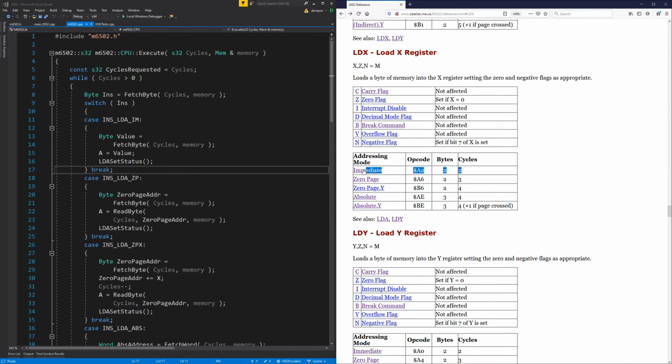So we should probably start with immediate mode, because immediate mode is just where the value to be loaded into the register is just the next 8-bit value in memory. And you can see it here, LDA Immediate, it just fetches a byte from the program and just stores it in the A register, and then sets the status flags. I think the status flag setting is exactly the same in LDX and LDY. Yeah. So the first thing we should do is rename this